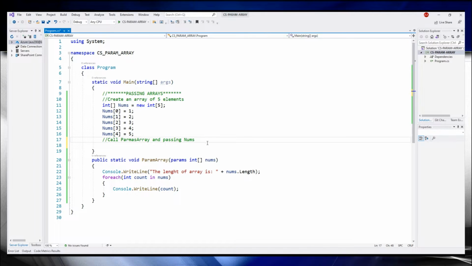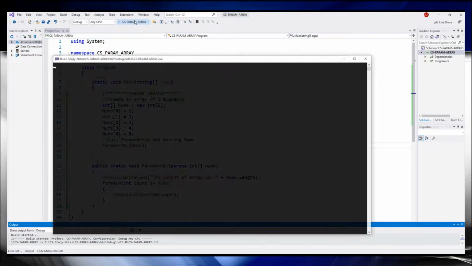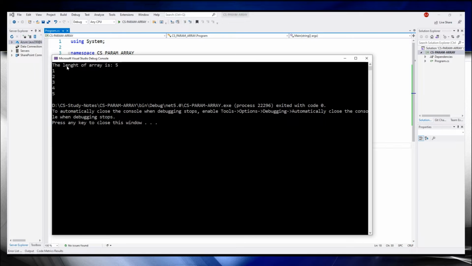Now getting back to our main, let's go ahead and call our method. And we'll just pass the array name, which is nums. And now let's go ahead and run our application. So as you can see, the length of array is 5, and here is each element of the array,